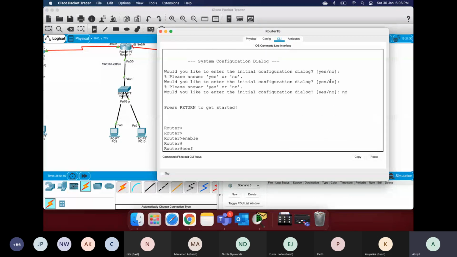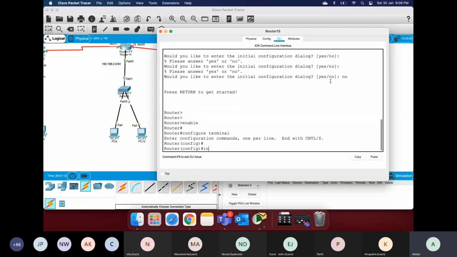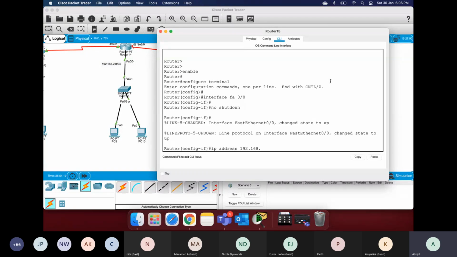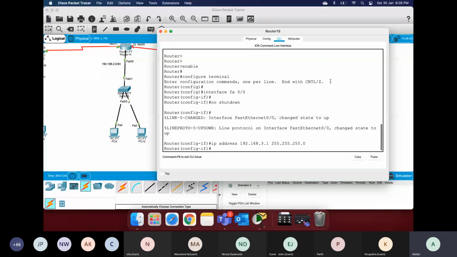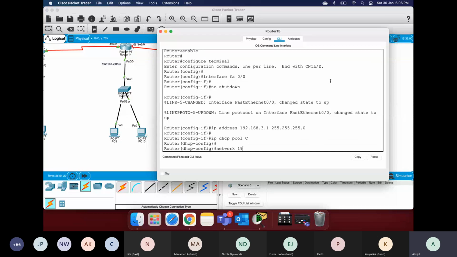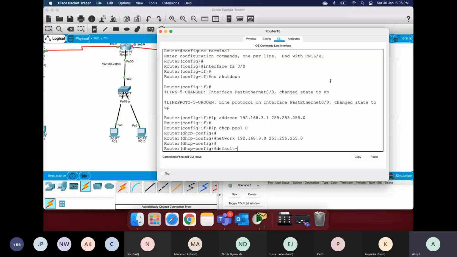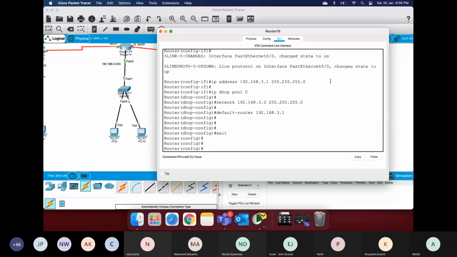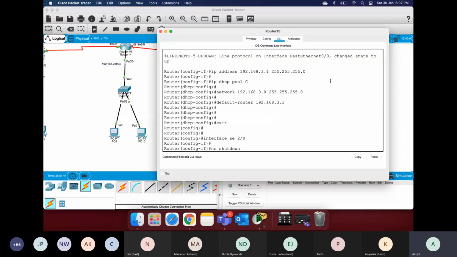Enable, configure terminal, interface FA0/0, no shutdown, IP address 192.168.3.1 along with the subnet mask, and then IP DHCP pool C, network 192.168.3.0 along with the subnet mask, and the default-router is going to be 192.168.3.1, and exit there like that. Then we're going to switch our interface to SE2/0 and configure an IP address over there that is going to be